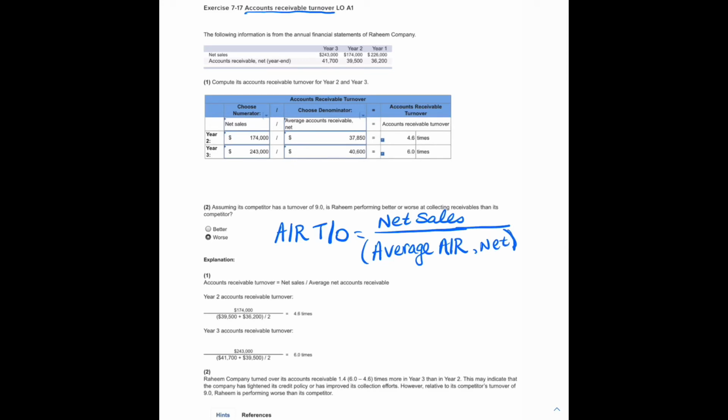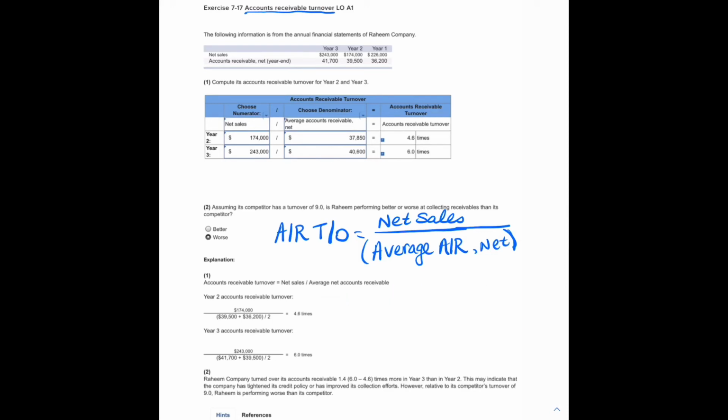So what this is telling me is I can rewrite this as net sales divided by current year accounts receivable plus prior year accounts receivable divided by 2. And that's exactly how we're going to do this to get this math to work. So what I'll do is I'll first come in and I will look at the information that I've been given,